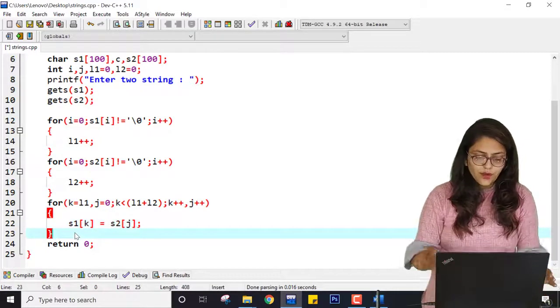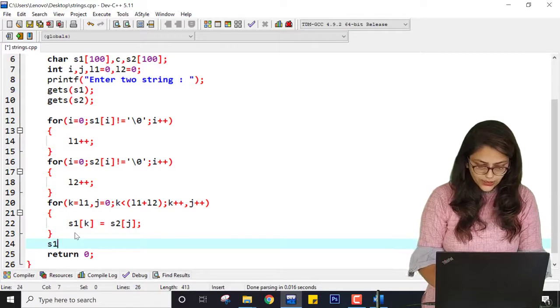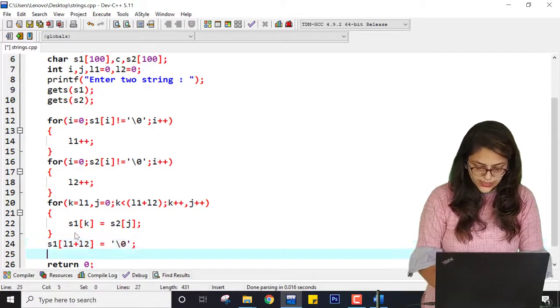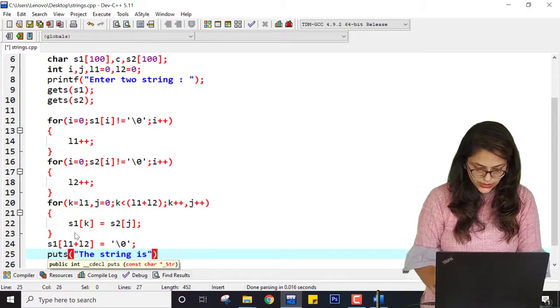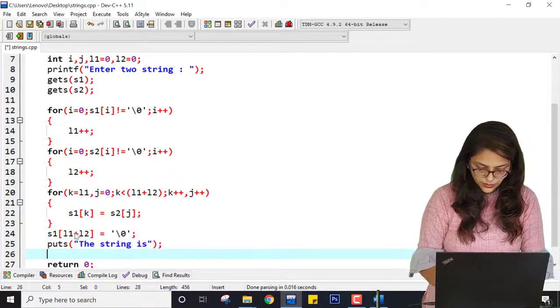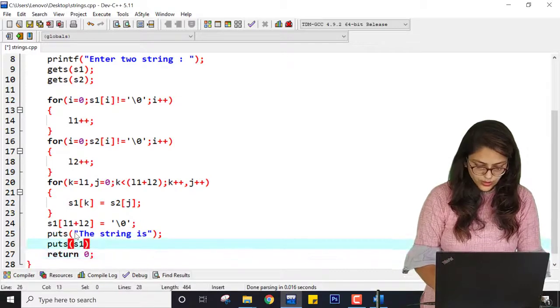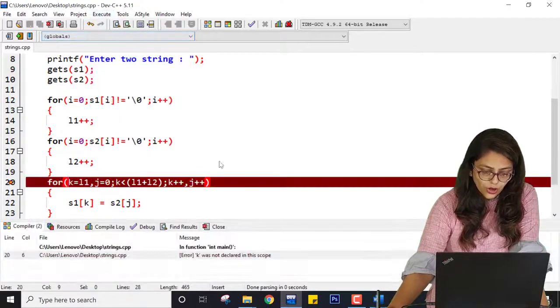So once this entire thing is happening, I have to do S1 of L1 plus L2 equal to null, because the last character must be null. So I am doing this and then print the string as S1, the concatenated string. Let me just check if this program is correct or not.